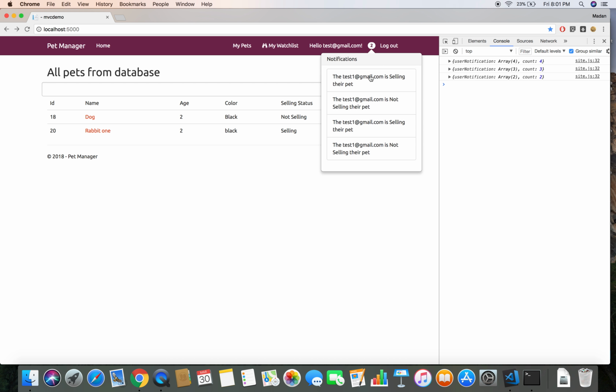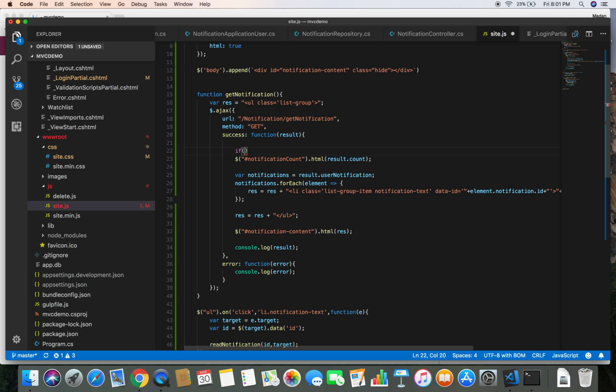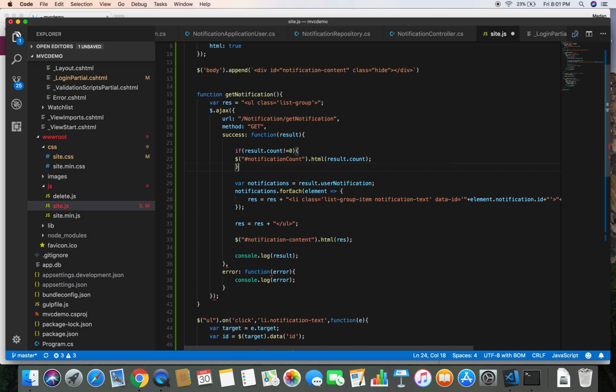when the user clicks on the notification, and if there is no notification, that means if the count of the notification is 0, then we want to hide this popover as well as this notification count element. So we are going to apply a small conditional statement here. So let's say if result dot count is not equal to 0, then we are going to display that count in the element. Otherwise,